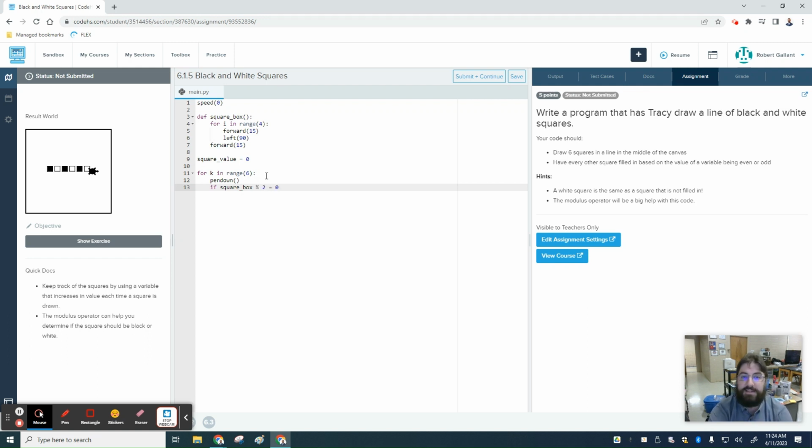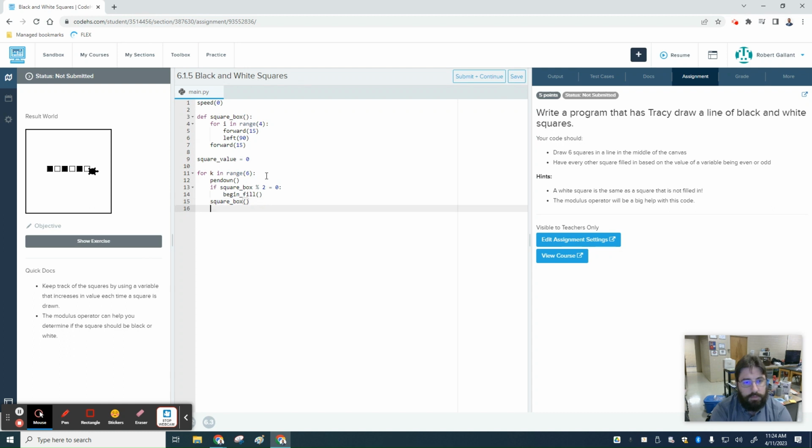That means if it does not have a remainder, if 0 means the number does not have a remainder, then I want it to begin underscore fill. And then I'm going to hit enter, backspace. This is going to bring me over to the left, because if the remainder does equal 1, which means it does have a remainder, then I want it to skip that begin fill and go on to the next step. Well, that means I need to draw my square